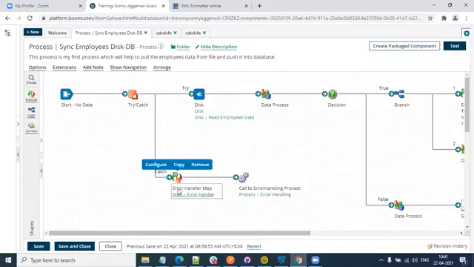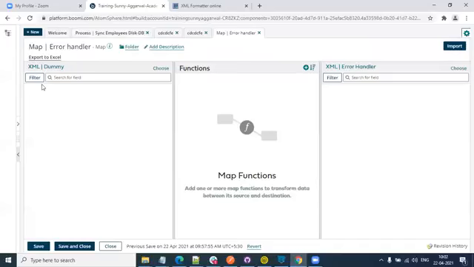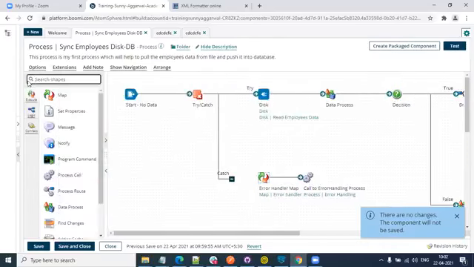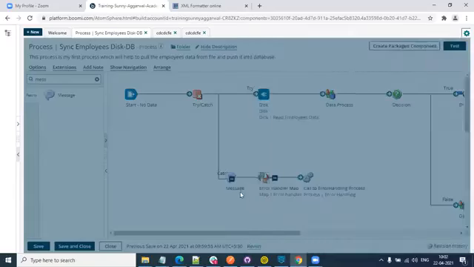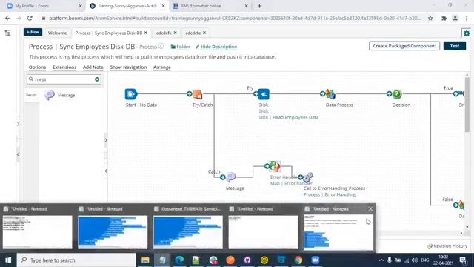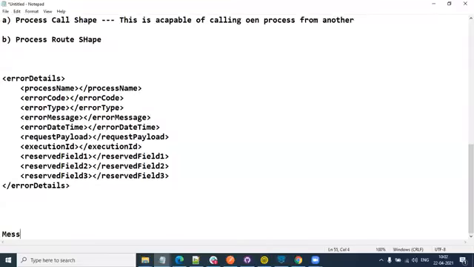Okay. Now, what are the ways to fix this error? One way is that for this dummy profile, I'll create dummy data. How can I create dummy data? There is a shape called a message shape. Now this is another new shape. Write a note here. Message shape